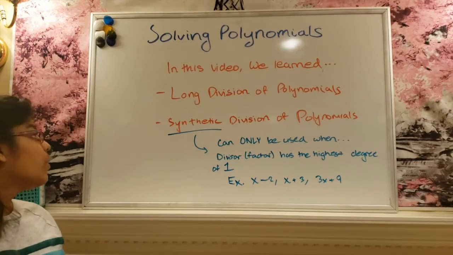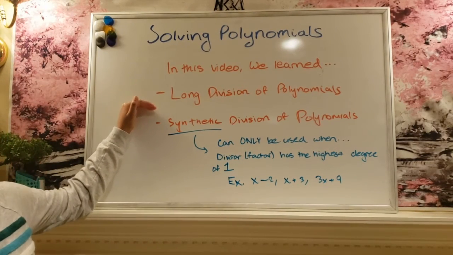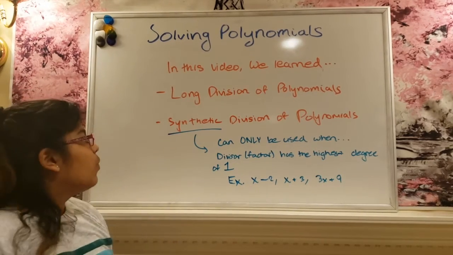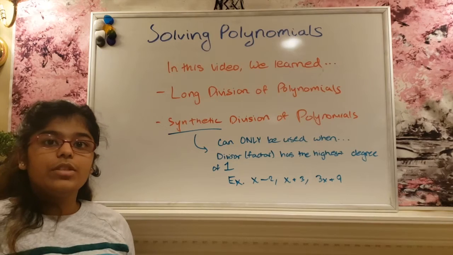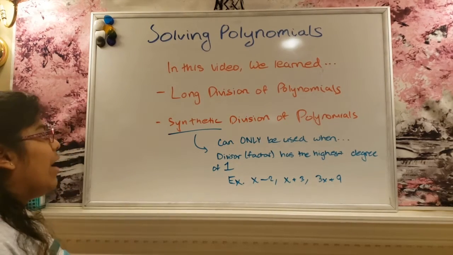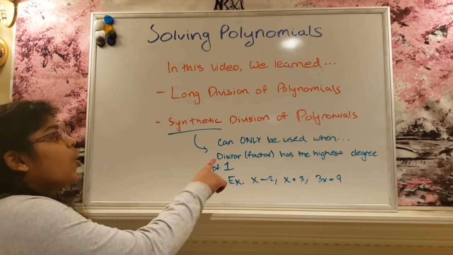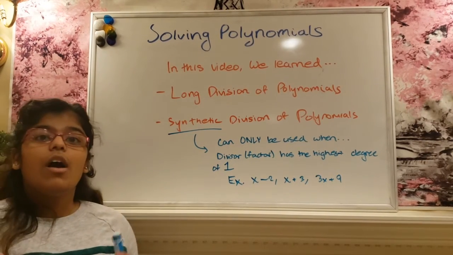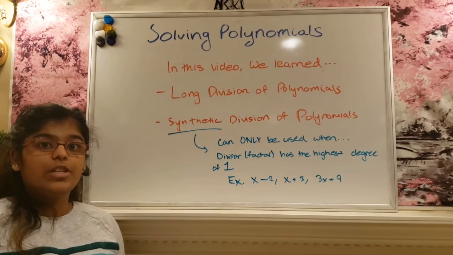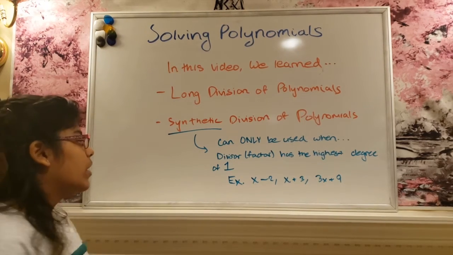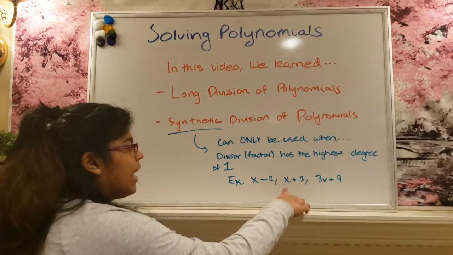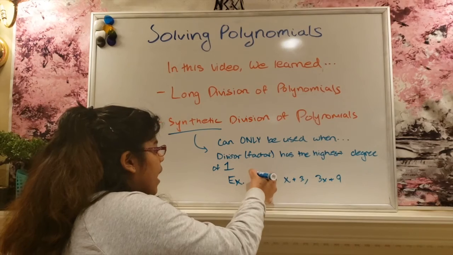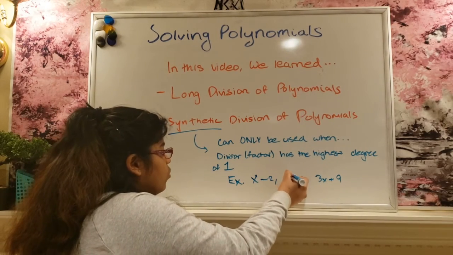In this video, we learned how to do the long division of polynomials, and how to do synthetic division of polynomials. When you're using long division, you can use it to solve any problem. However, for synthetic division, it can only be used when your divisor or factor has the highest degree of 1, meaning the highest degree has to be x to the first power, such as x minus 2, x plus 3, and 3x plus 9. In all three of these cases, x, which is the highest degree, is to the first